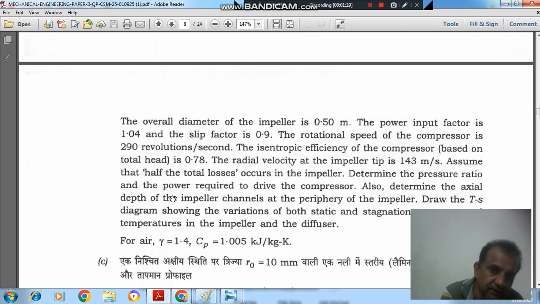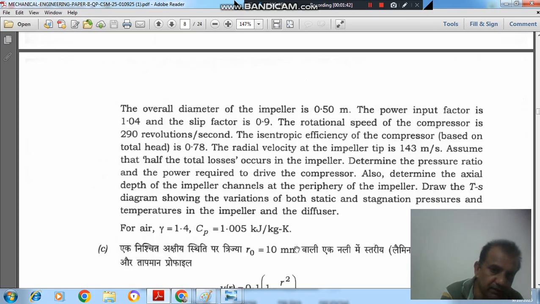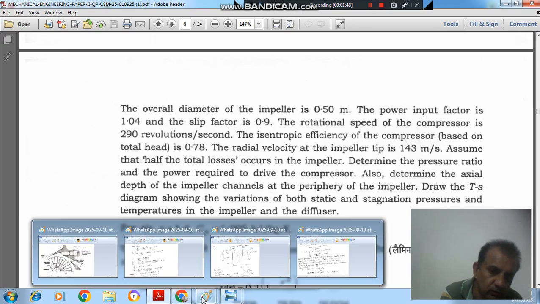Also determine the axial depth of the impeller channel at the periphery of the impeller. Draw a TS diagram showing the variation of both static and stagnation pressure and temperatures in the impeller and the diffuser. For air, gamma is equal to 1.4 and Cp is equal to 1.005. So